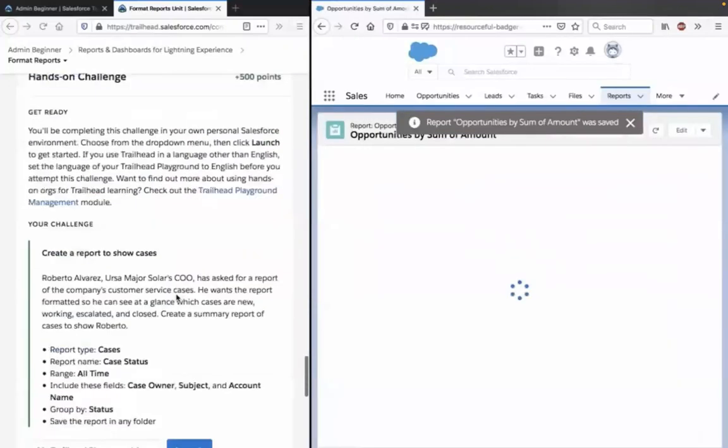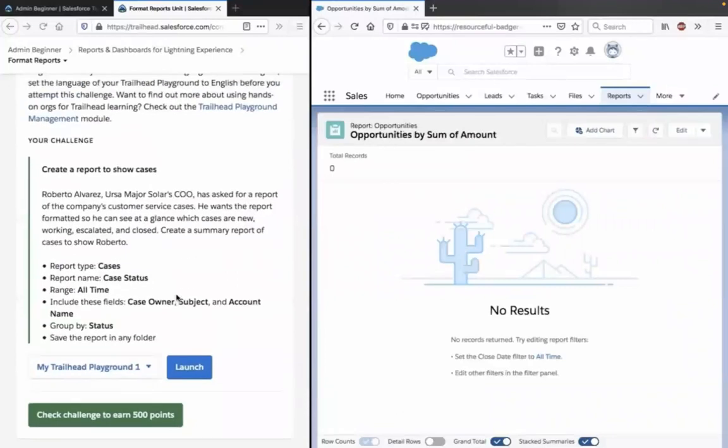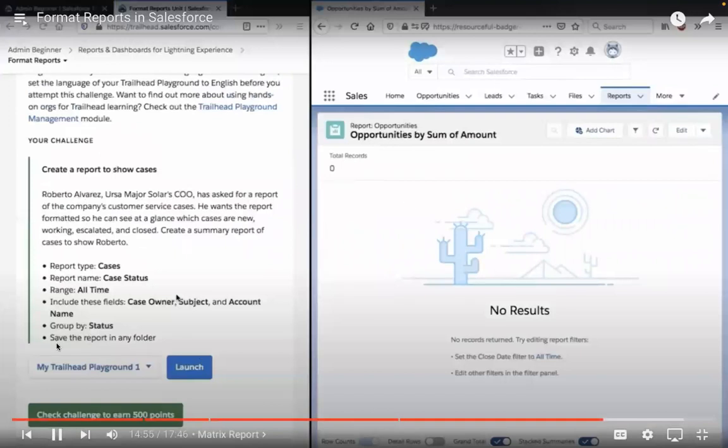And now we get to the hands-on challenge. Create a report to show cases. Roberto Alvarez, US Amea Solar COO, has asked for